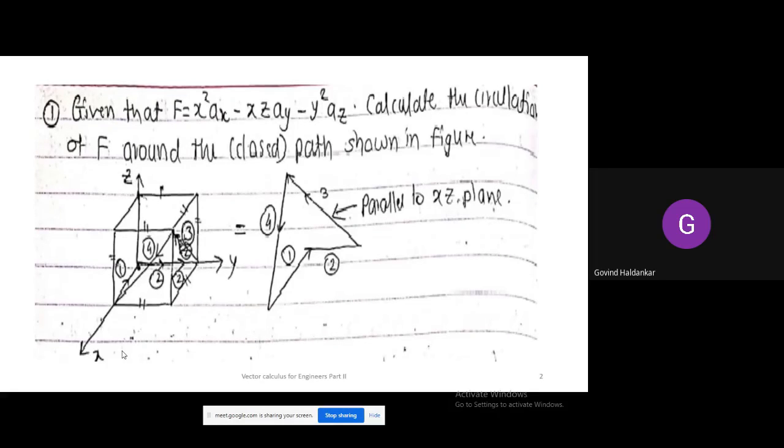Line integral, that is through the path, or if it is a closed path, then line integral is a contour closed path. So here I want to explain using a cube. Now here cube is given, so one segment is along the x-axis, second along the y-axis, third along the z-axis, and we are going to find the line integral considering the path 1, 2, 3, 4, and since it is a closed path, again it is coming to the initial point, so it becomes a closed path.